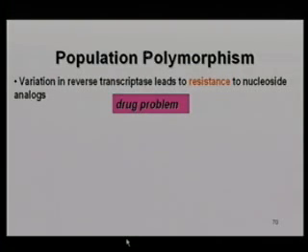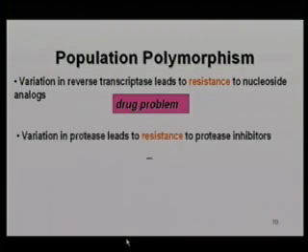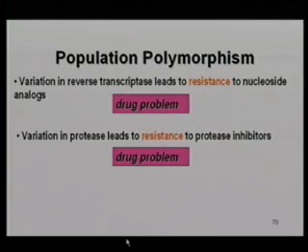Retrovirus antiretroviral drugs, a long story of resistant mutants. In fact, all virus drugs have this problem of the development of resistant mutants, but particularly in retroviruses, because they've got a higher mutation rate. So you get the drug problem as a result of that. Also, the protease is varying as a result of this polymorphism, and that gives us resistance arising against the protease inhibitors. The only way to stop population polymorphism developing is to stop duplication of the virus. If we can stop duplication of the virus, there's no population polymorphism.